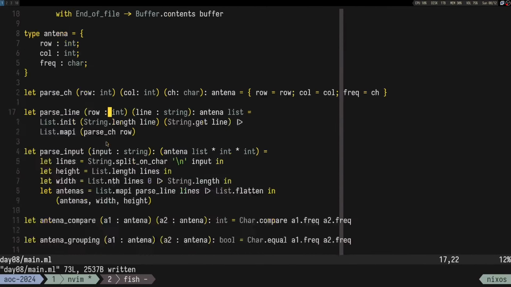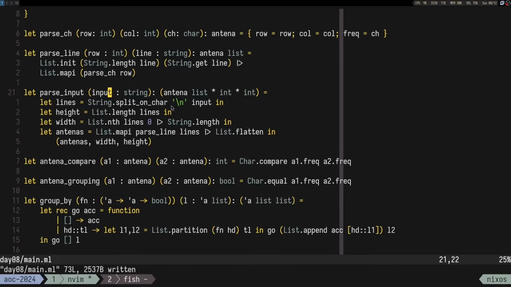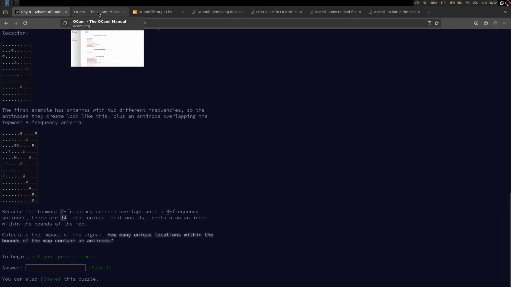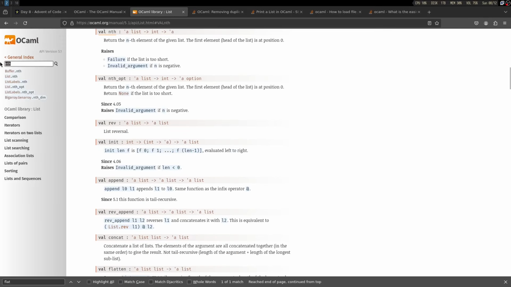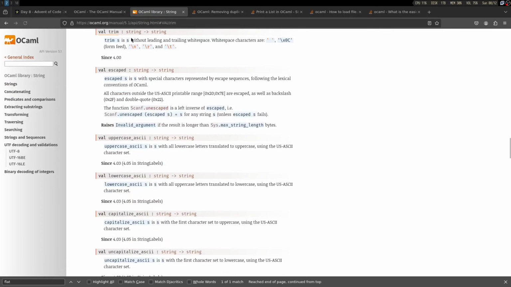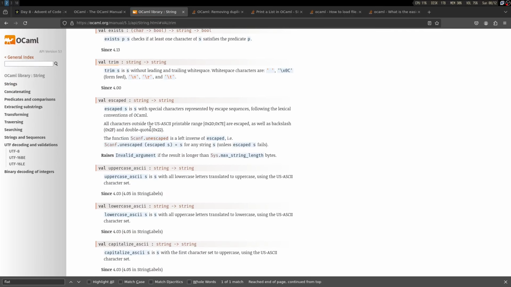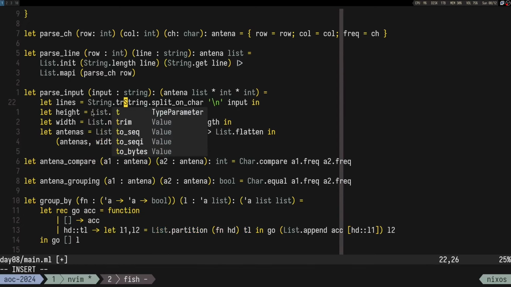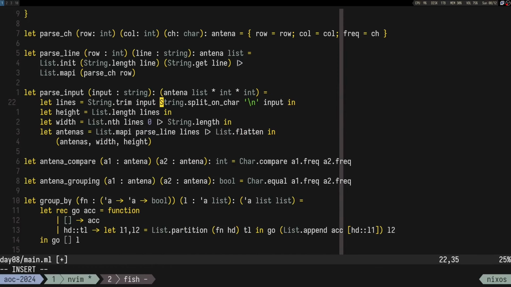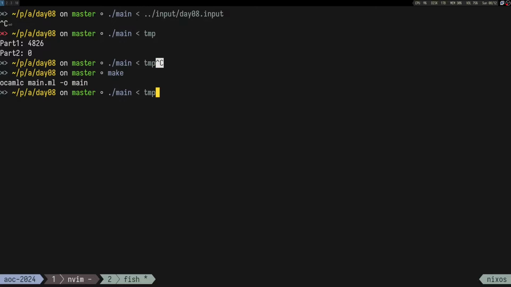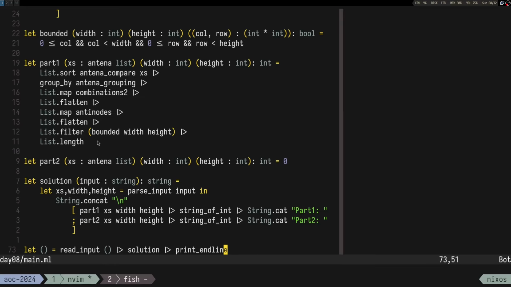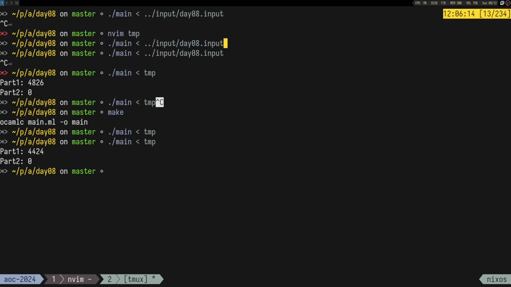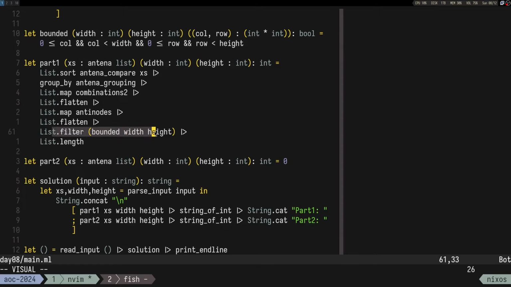Obviously for parse input, I also want something else. I also want, do we have trim, string trim, because it's annoying. So when we parse input, we want to trim it. Right, we want to trim it, but why is it such a big number? Why is it such a big number? I think I just